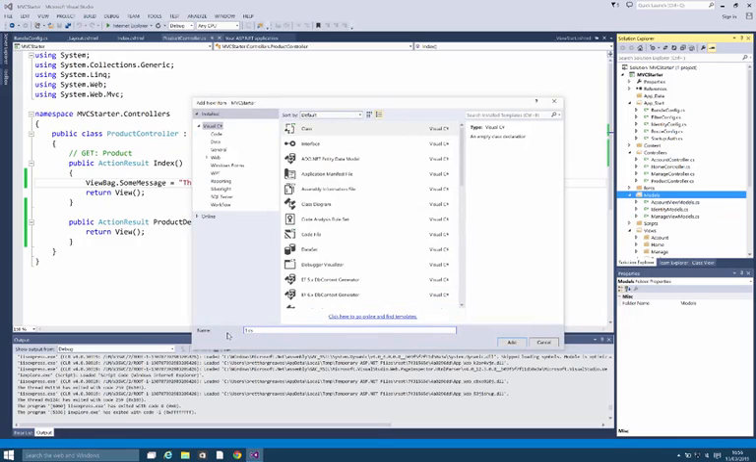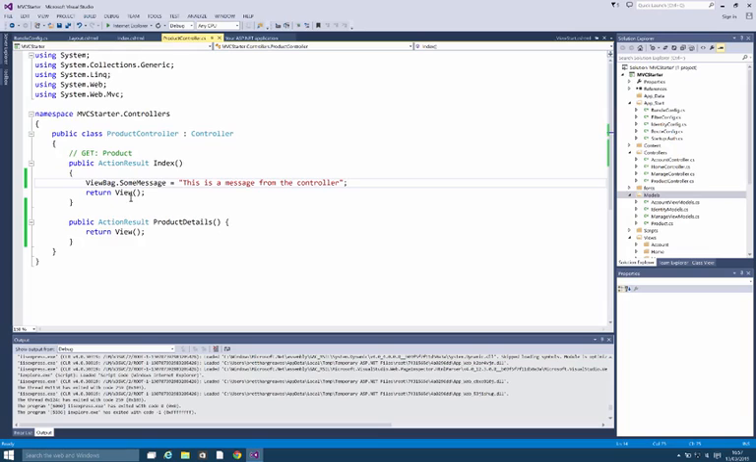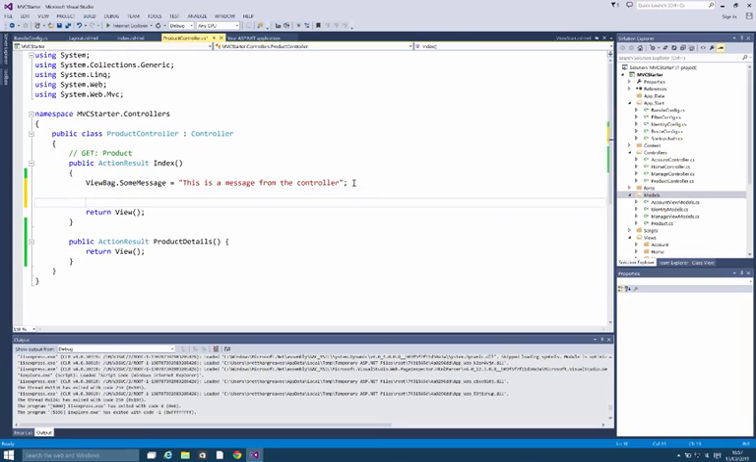So we'll call that product, and all we're going to have in here is some very simple information. So we shall have int product ID, and we'll have string product name. Save that. So what we're going to do back in our controller is we're going to create what's called a